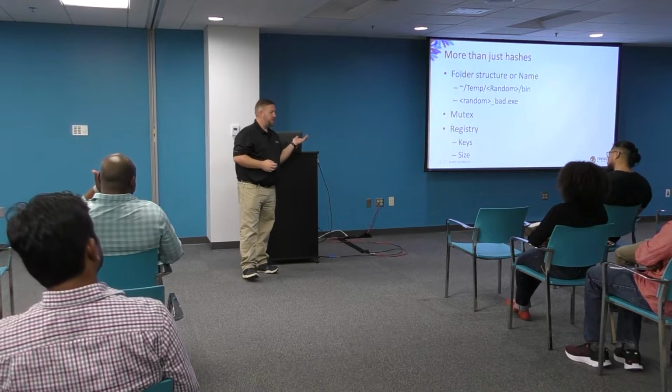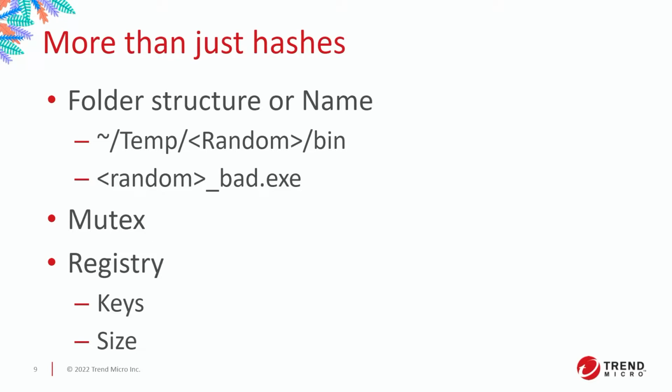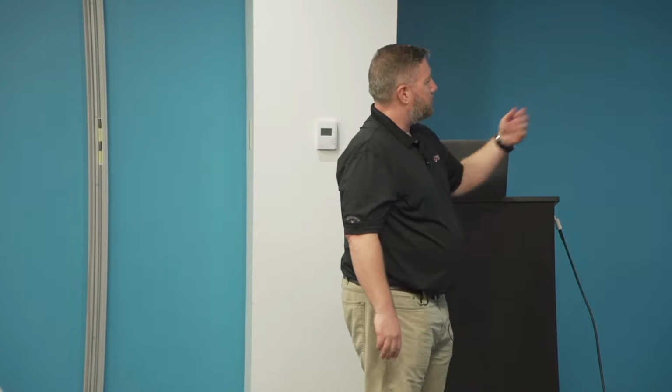The registry. Registry keys, persistence mechanisms. Has anybody here know how startup programs are set? There's about 50 different ways that you can set a program to run at startup. And it's a very common persistence mechanism to add malware as a service, or add it as a startup item, and they can do it through any number of different methodologies. So you can go through and search registry keys. Another thing to look at is